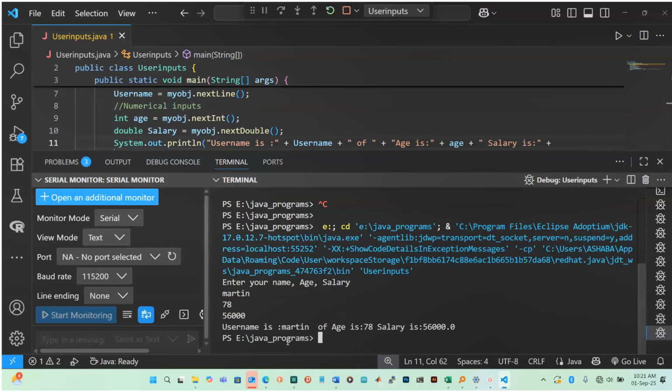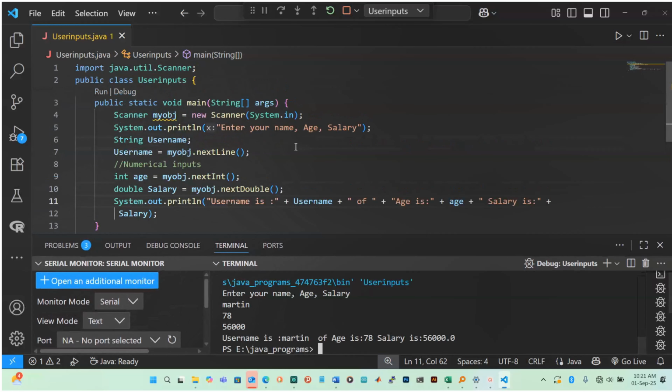Yeah, so that is how we can further modify our code and then be able to give out the necessary outputs. So that is how the scanner class can be utilized or used in